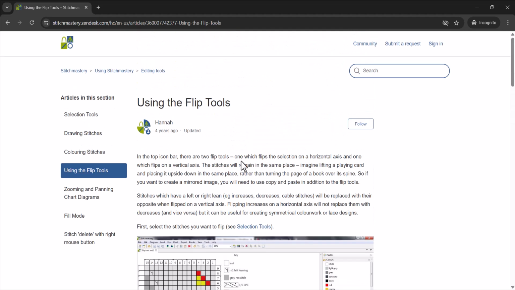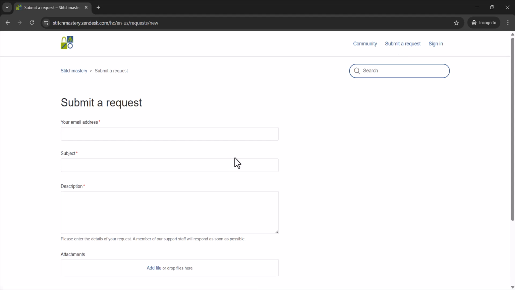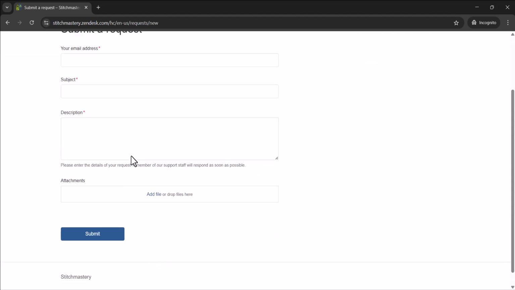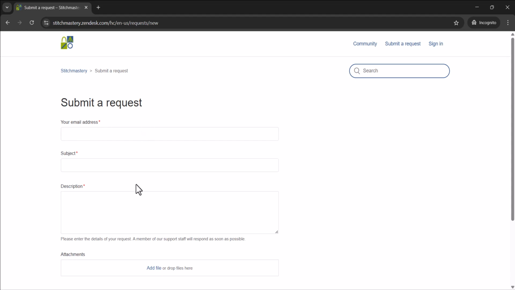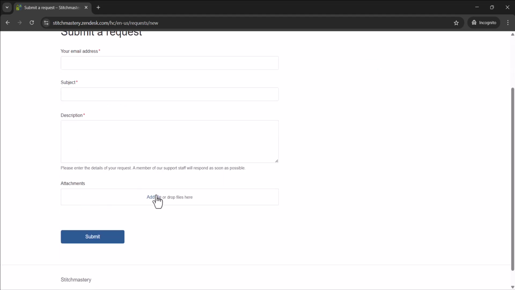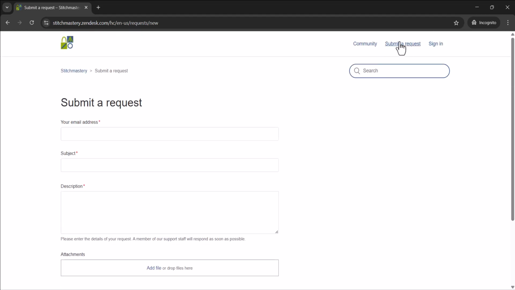And if you have specific questions that you're not managing to find the relevant answer to, you have a few different options. One option is to submit a request, and that is basically sending a message directly to us. It's not going to be published on the website at all, so you don't have to create an account, but you can pop in your email address so we can come back to you and a description. And it's really handy, you can add attachments. So for instance you might want to add a picture of a chart where something's gone wrong or something along those lines. So that submit a request option is always available.